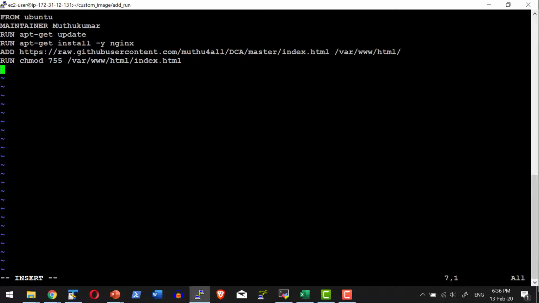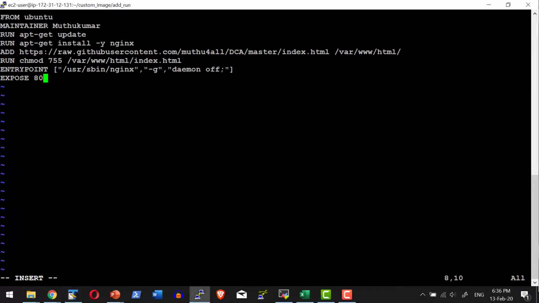For that I will be using the command entry point, where I can provide the command and pass the parameters that it can accept. When Nginx needs to run, I want to run it in the global mode and the daemon should be in the off state. So I am passing the parameters -g and daemon off, and I am going to start the Nginx within the sbin folder. And Nginx will be serving on port 80. So I'm going to expose port 80 from this specific container.